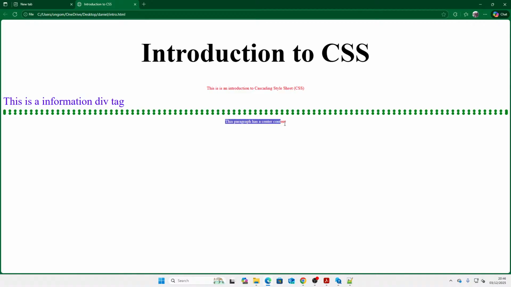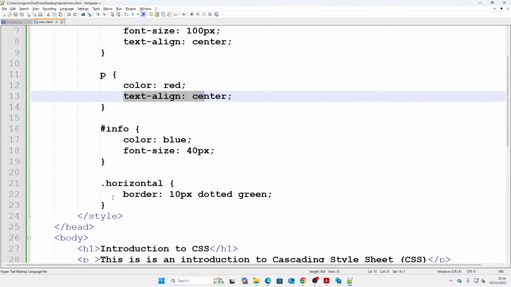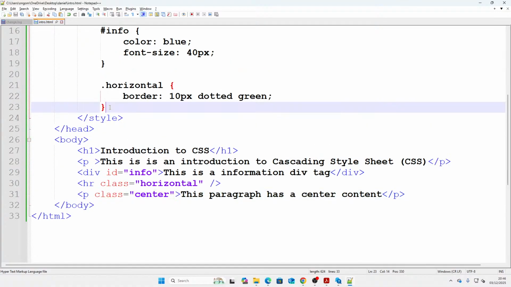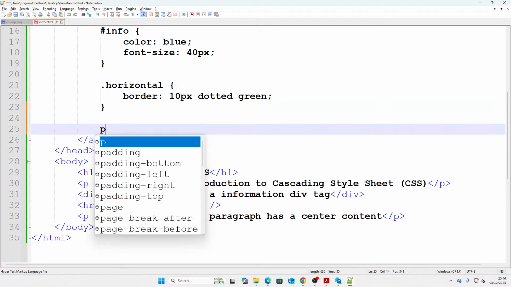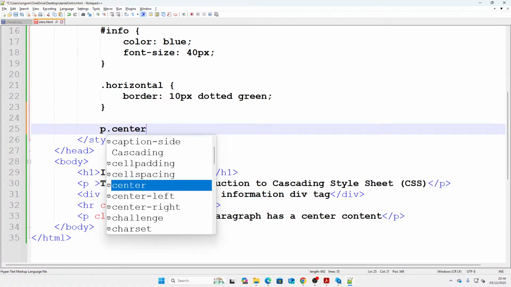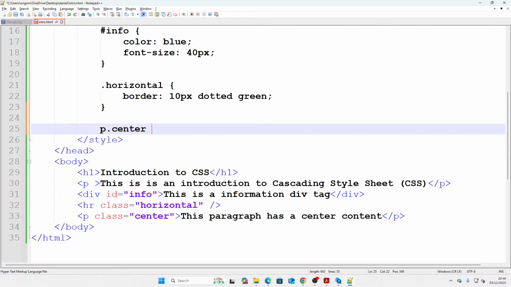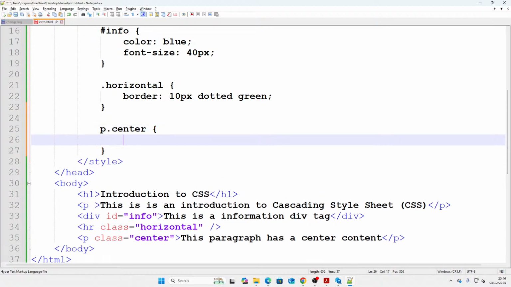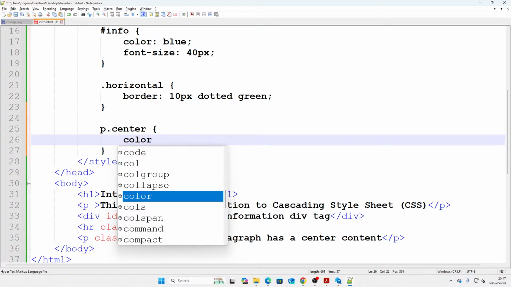Only specific to this paragraph tag only, not to this other first paragraph tag. And to do that, I know that this paragraph tag here has a class called center. So what I'm gonna do is simple. I'm going to go to this one I call the selector, and then I only want the paragraph element with a class called center. So all those classes called center, I'm going to change their color to